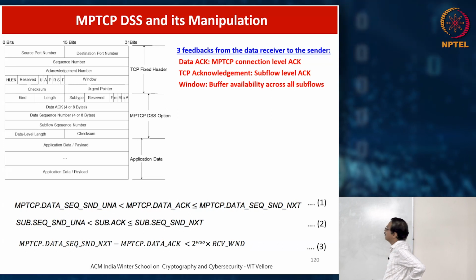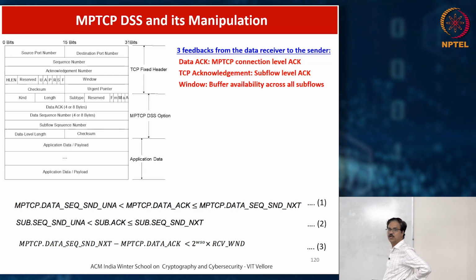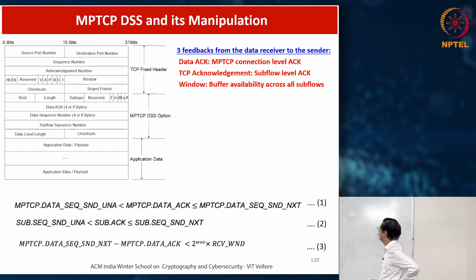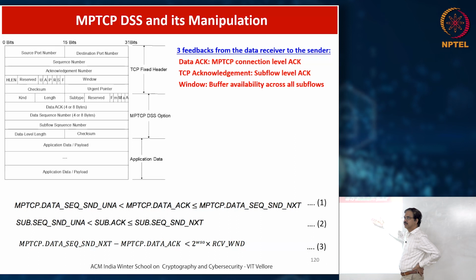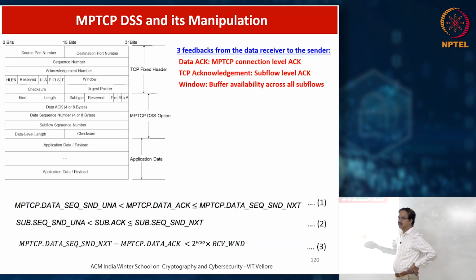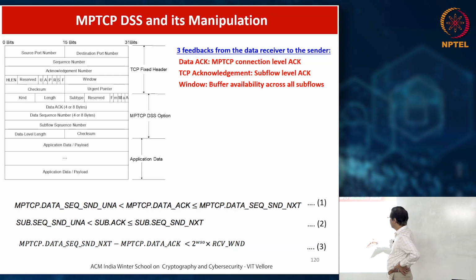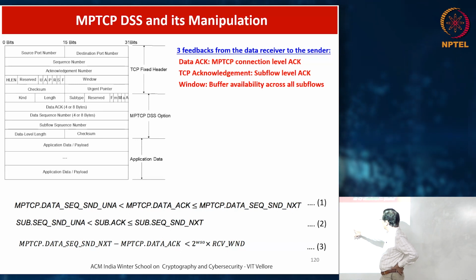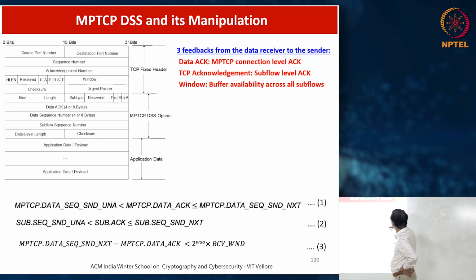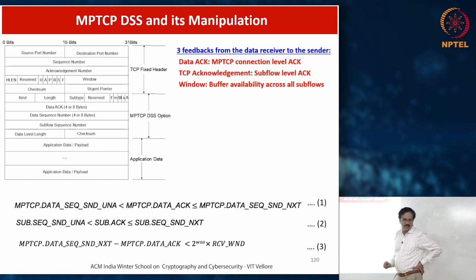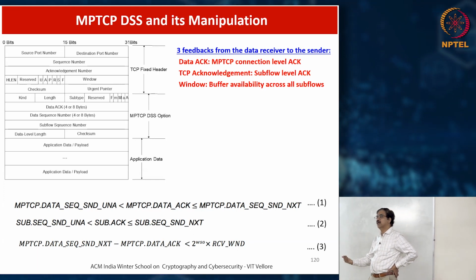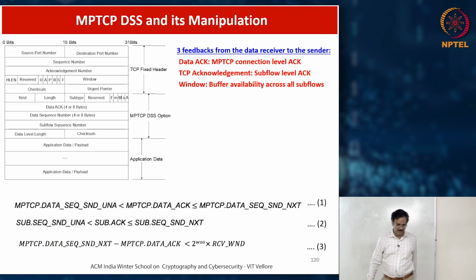So we were looking at whether MPTCP is vulnerable to the feedback manipulation process or not. What we concluded is that yes, MPTCP has a vulnerability, and there is a new vulnerability called data sequence signal manipulation, where you give wrong feedback instead of the correct feedback. It is typically in the form of an acknowledgement, but you spoof or manipulate the data ACK, then the subflow sequence number, and then there is one more field, I think the window or buffer availability. If you manipulate these three fields very carefully, you can force a standard MPTCP sender to transmit in a bad or